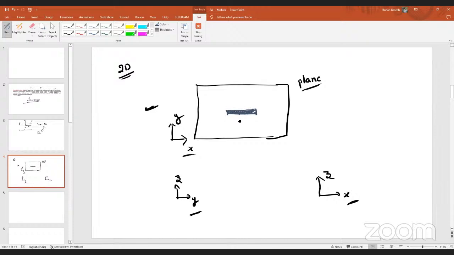Let us say it is having a length L. Now tell me in how many ways this scale can move in this plane. That means if I'm talking about XY plane, or you can imagine that there is a scale I kept on the table, and the top surface of the table is XY. So if I kept a scale on the table, can you tell me in how many ways I can move